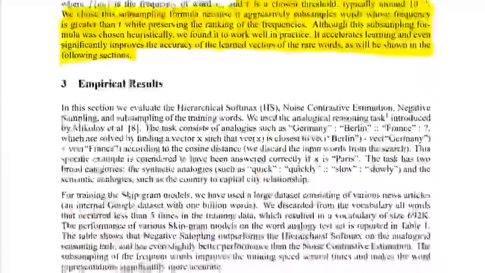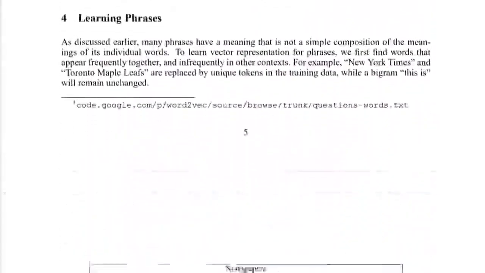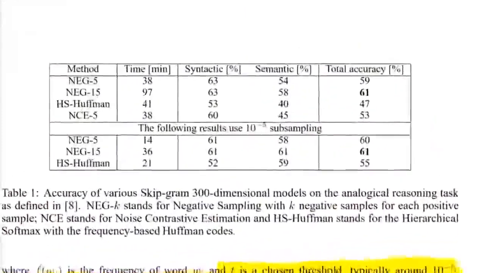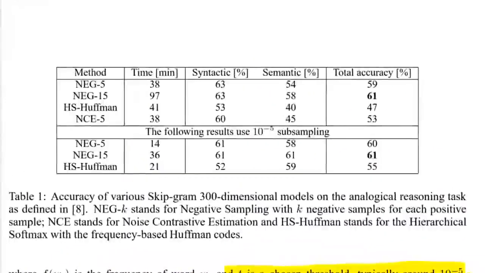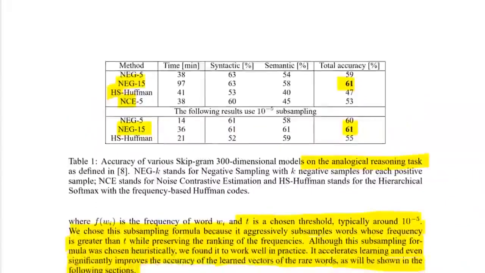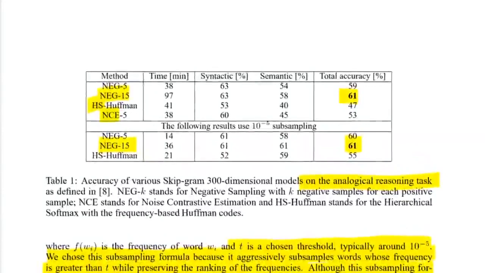Okay, so now we get into the empirical results, and the empirical results in this case were already sort of given in the previous paper, but here they have the analogical reasoning task, where you can see that the negative sampling did outperform the others by quite a bit right here. So the negative sampling approaches outperformed the hierarchical softmax and the noise contrastive estimation. And in the previous paper, they also compared with other baselines and saw that it also outperforms those while being quite